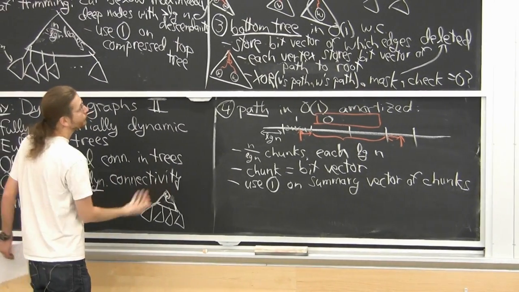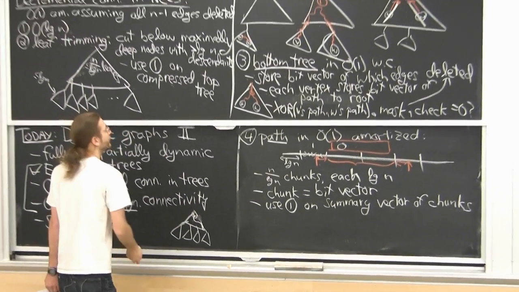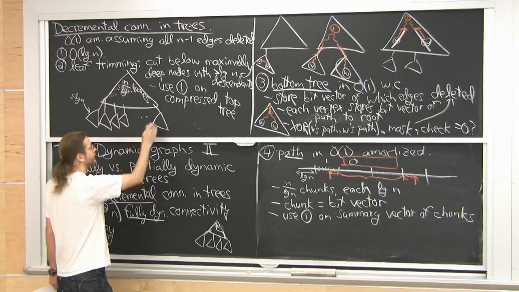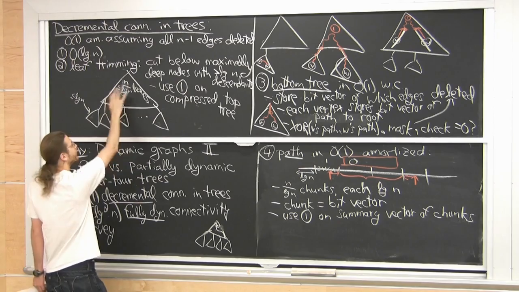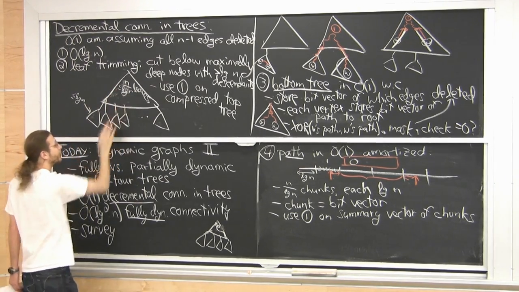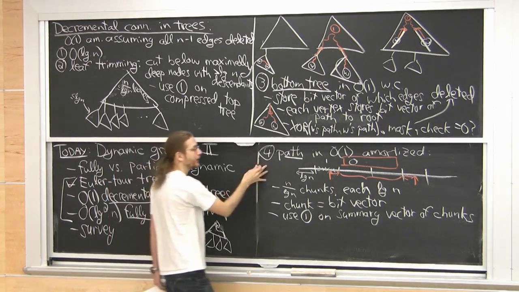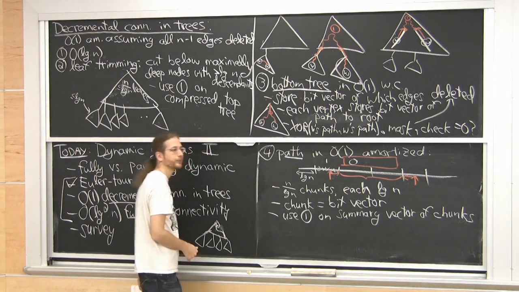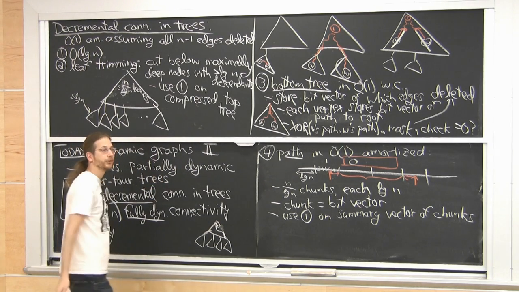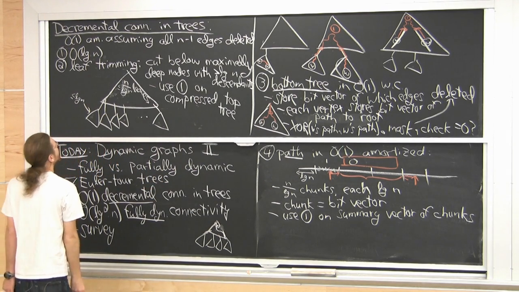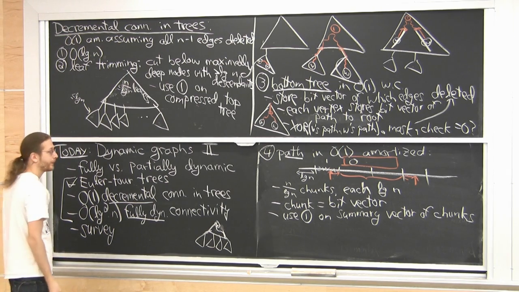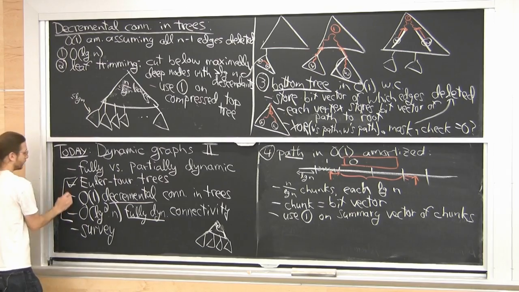So it's kind of fun. We use 2 levels of indirection. One to reduce the number of leaves, and then these were sort of trivial. And then within the structure, we could only afford things on the non-branching part, so we had to deal with paths separately, and there we use another level of indirection. But in the end, we get rid of all of our logs, and it's constant amortized for deletions in a tree. Questions about that? That was our second result.